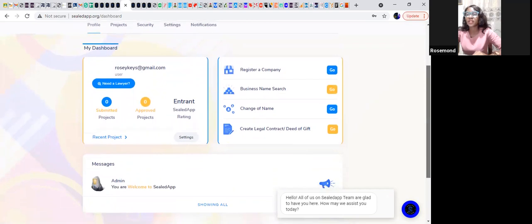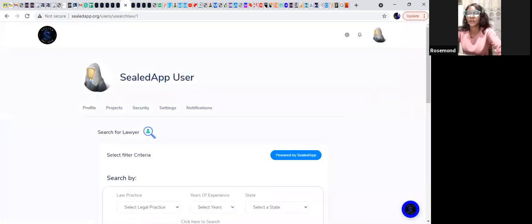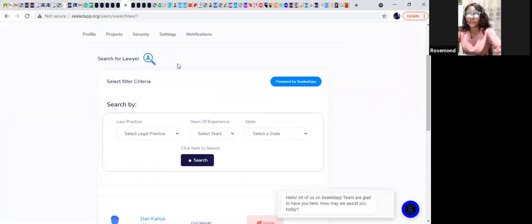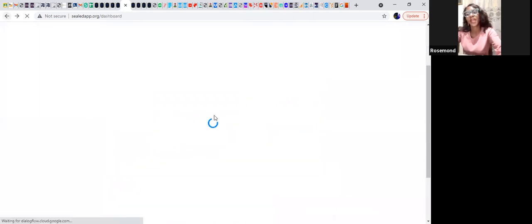So at this point, I can choose to say, okay, I want to register a company, do a business name search, change of name, create a contract, or need a lawyer. I can also search for a lawyer using that. So let's assume that I want to pick one of these services. As you can see, I can search for a lawyer, and I can filter by category, my areas of practice, years of experience, and location, right? But let's just assume that I want to